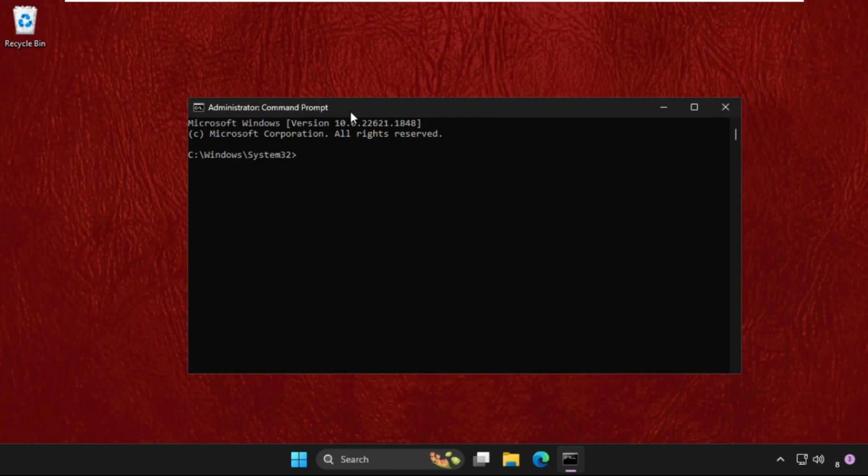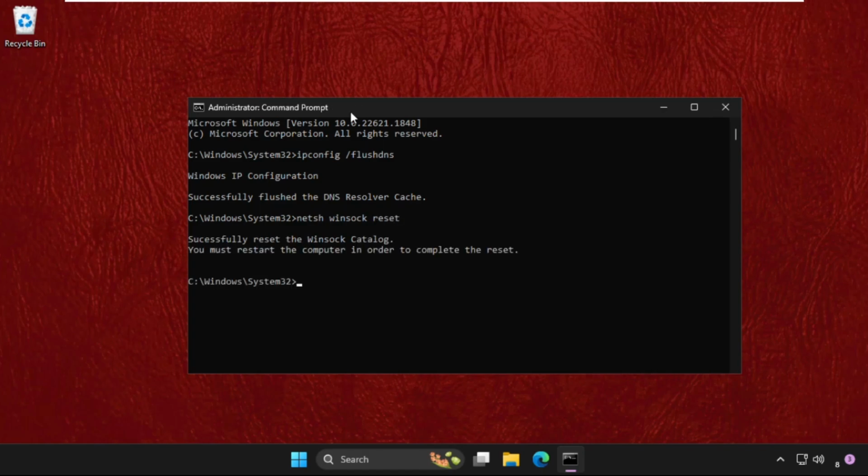First, we need to type ipconfig space slash flushdns and hit enter. Now type netsh winsock reset and hit enter. We need to restart the computer in order to complete the reset, but before that